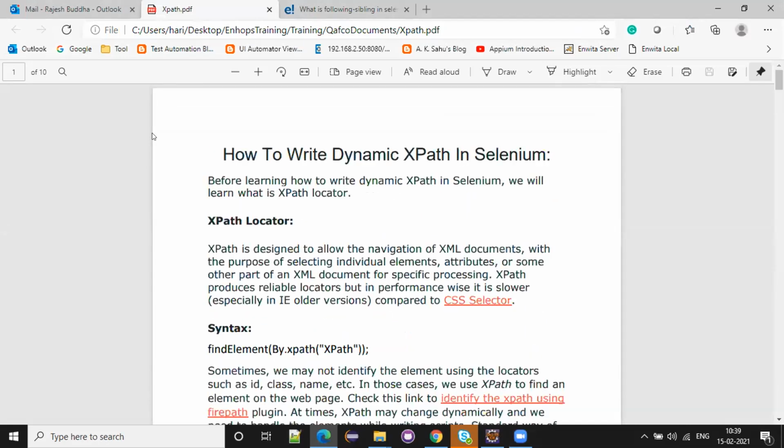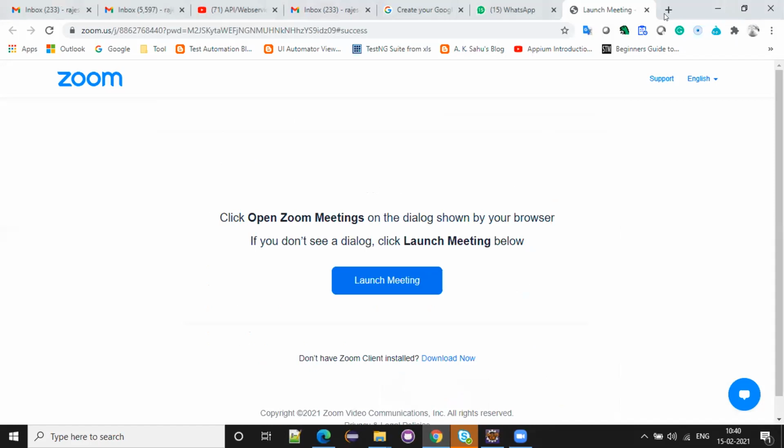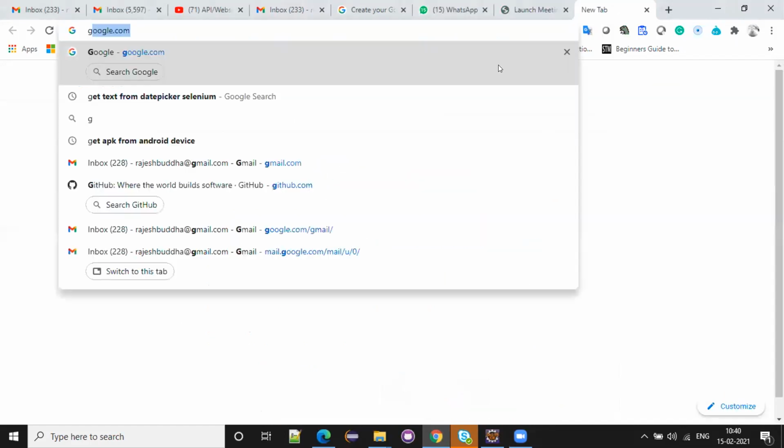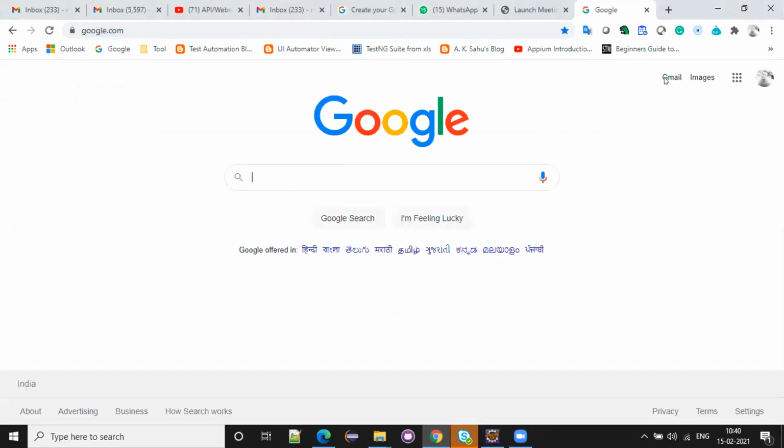First of all, you should know what XPath is and how important a role it plays in Selenium. XPath is about how Selenium interacts with the web application, for example when there is a link I have to go and click.